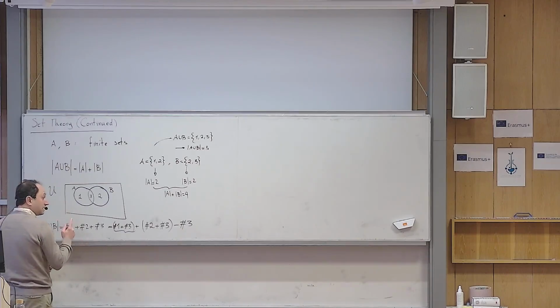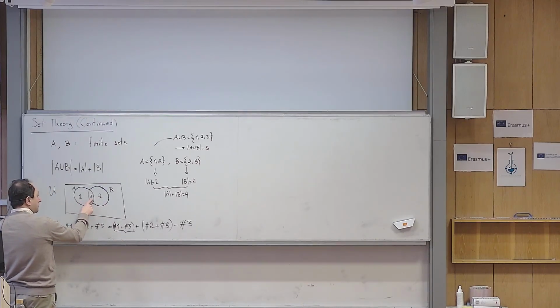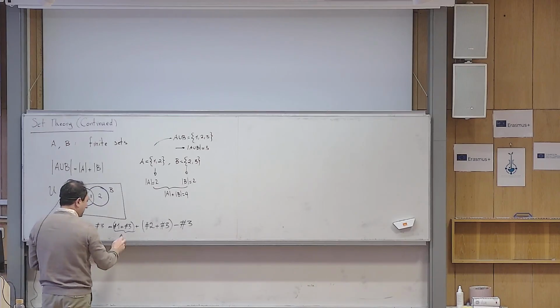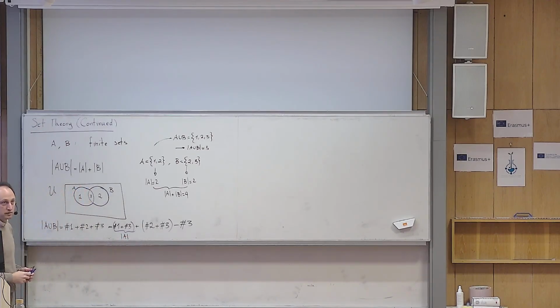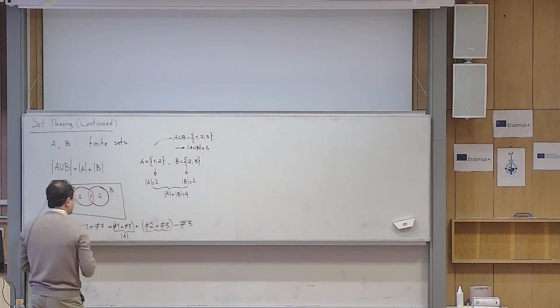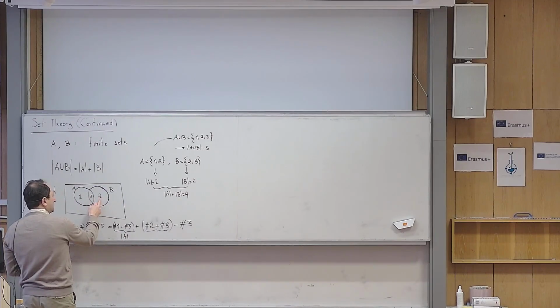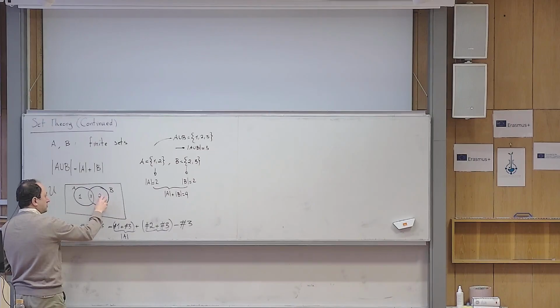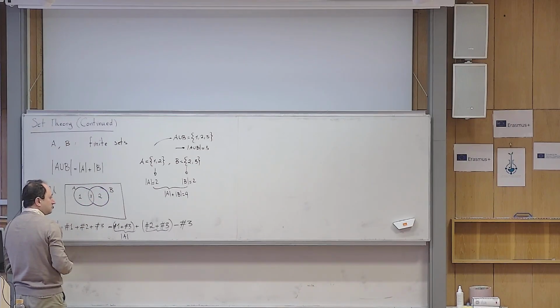Yes, the cardinality of A, because this is the number of elements in region 1, this is the number of elements in region 3, and when I add them up, it becomes the total number of elements within A, which in the language of set theory I can call the cardinality of A. Yes? And I can do the same thing here. If I ask you what that is, this is the number of elements within region 2, this is the number of elements within region 3. When I add them up, it becomes the total number of elements in the region corresponding to the set B, which